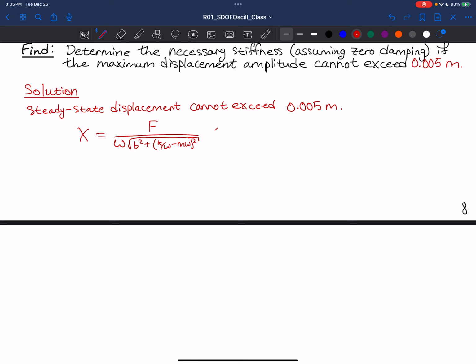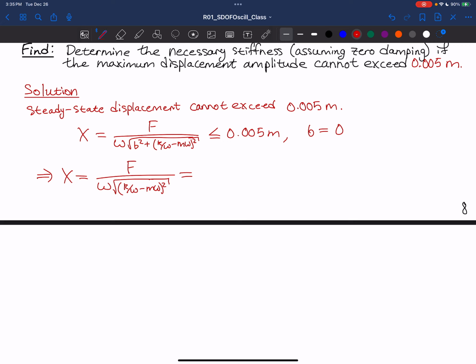And that must be less than or equal to 0.005 meters, or 5 millimeters. And we're told to do this on the assumption that the damping is 0. So that then allows us to simplify that displacement, which we'll then have is omega times the square root of the quantity K divided by omega minus m omega quantity squared. Square root of that, we'll get F in the numerator,